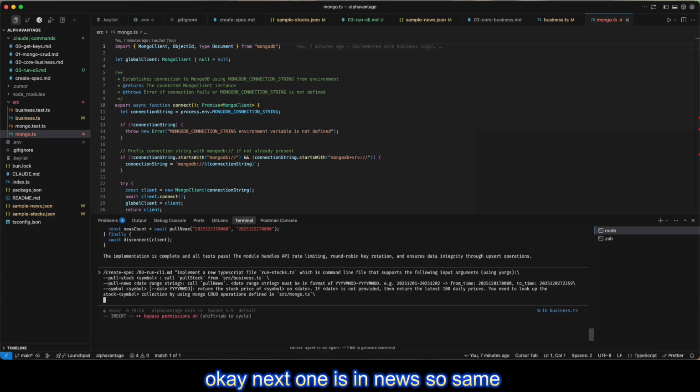Okay. Next one is the news. Same thing. For news, we need a date range, right? I think for news, the date range should be required, maybe from date 1 to date 2. Because we already mentioned a lot of details here, I don't think we need to replicate. So the AI should be smart enough to figure this out. We only need to tell it to return the